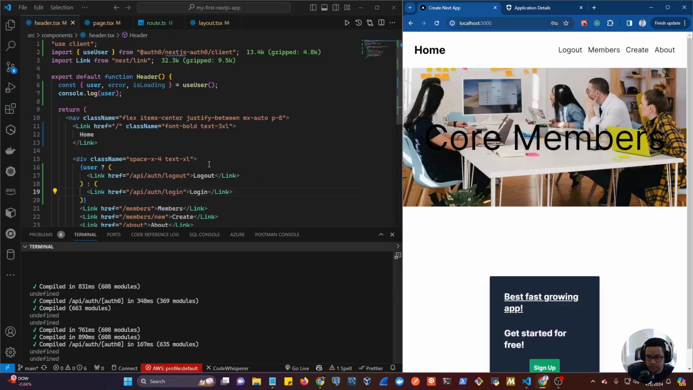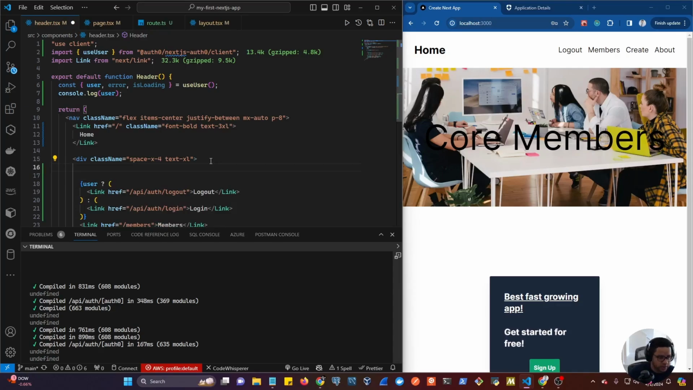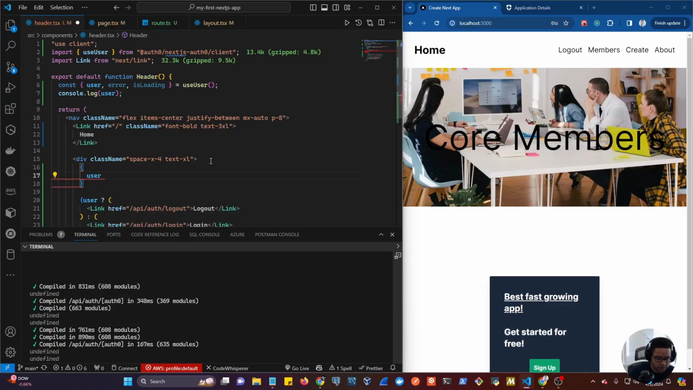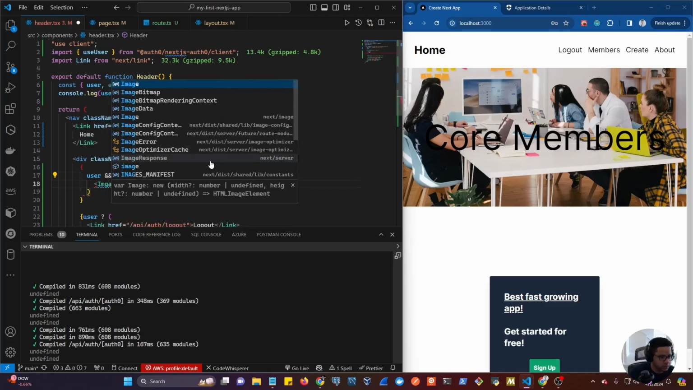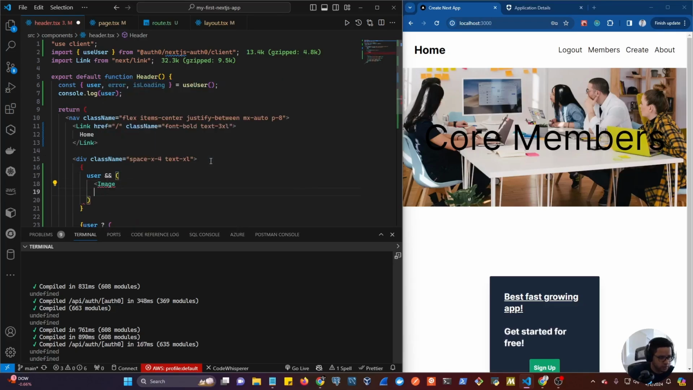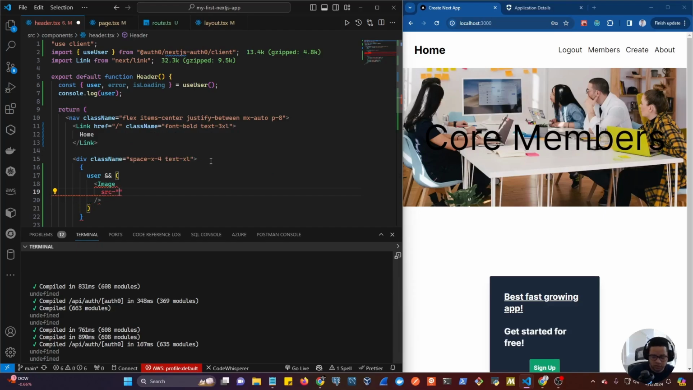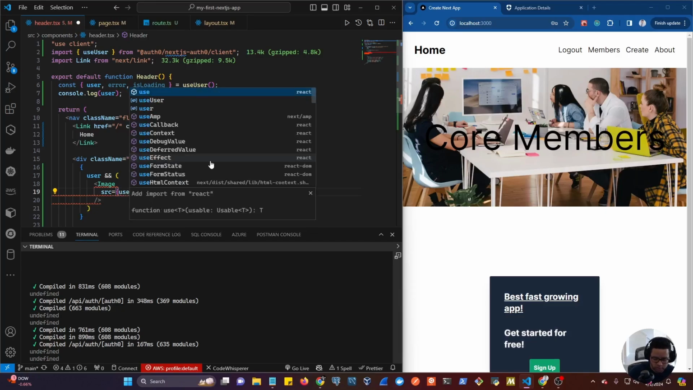So what I want to do is render the user image right next to the logout button. So right before we have the login or logout, I'm going to do another curly brackets here, and I want to check if we have a user. We're going to render an image component, and on the image component we're going to set up the src equals user.picture,